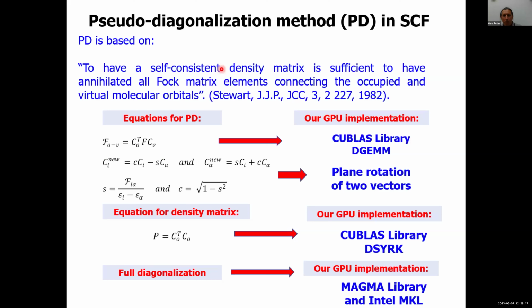And the main bottlenecks are in the SCF protocol, yes, and the operation that costs a great part of the execution time is diagonalization, full diagonalization, and some matrix